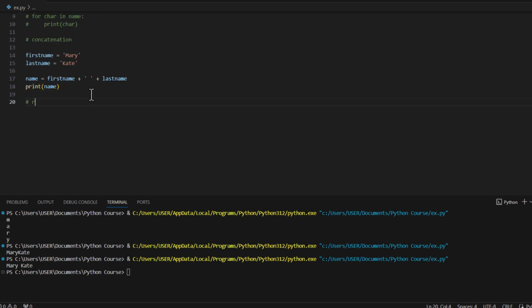The next thing I'm going to do is repetition of strings. If I want to repeat a given string over and over again, I can do that using the multiplication operator, or asterisk. So let's say I have a variable, let's call this str1, and I assign it to a string, let's say hello. If I want to repeat this hello over and over again, I can use the multiplication operator, which is asterisk, and let's say I want to repeat it 3 times, I can put 3 here. So that if I say print